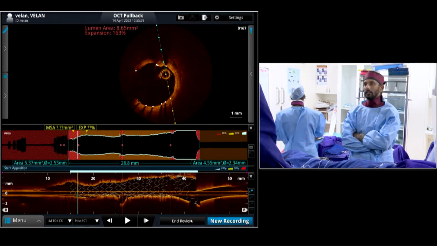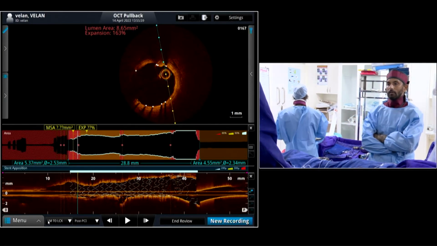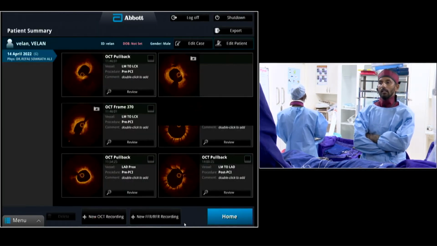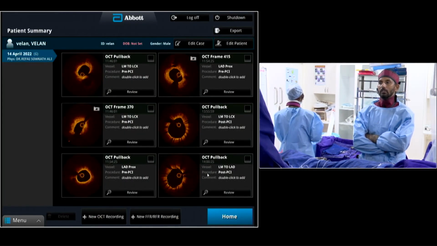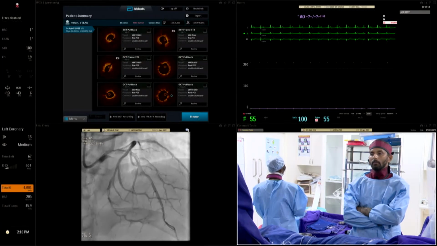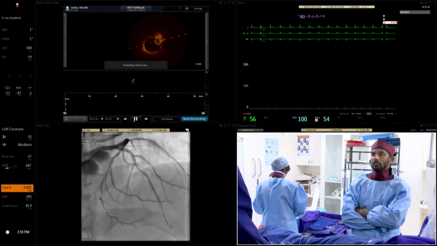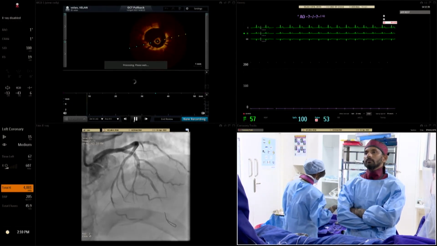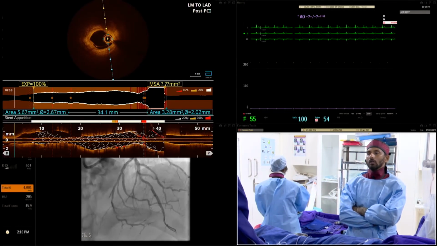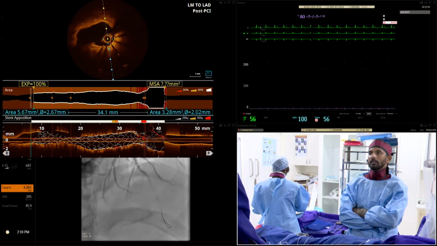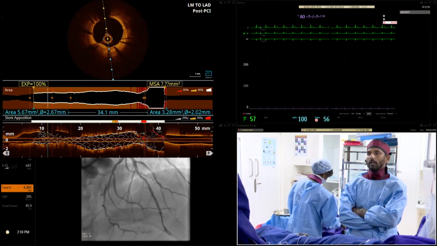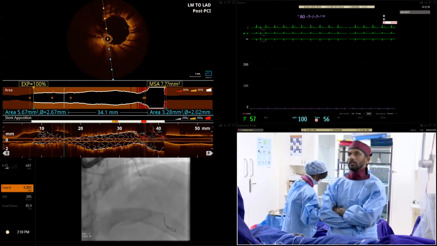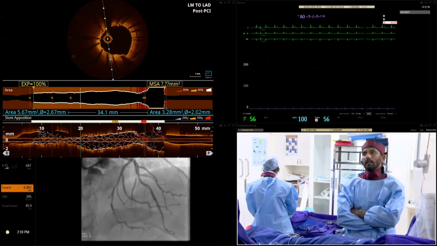Then we did the next pullback, this time from the LAD to the left main. As you can see, I'm going to show you the pullback from the left main to the LAD on the OCT. So you can see the LAD is also expanded very nicely, the stent, and the expansion is quite good. There is no malapposition, and there is a very minimal